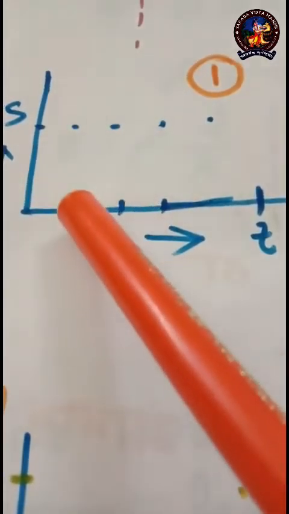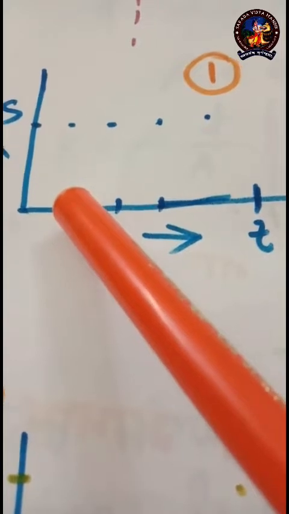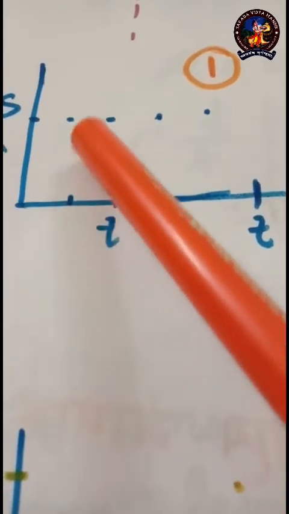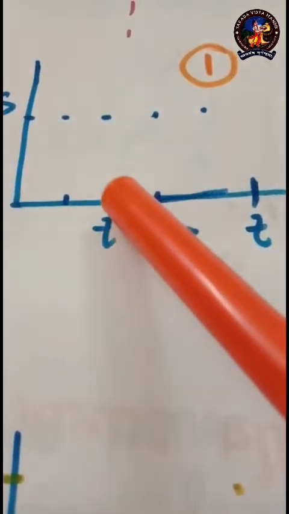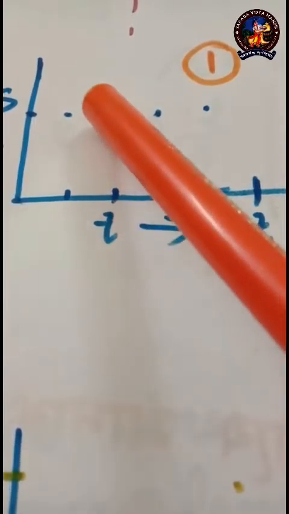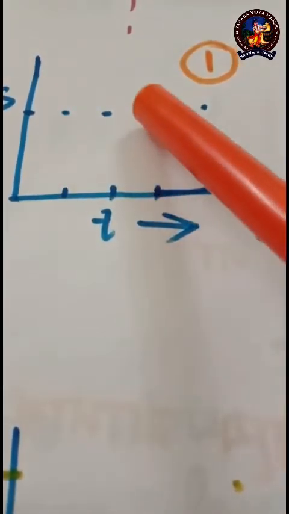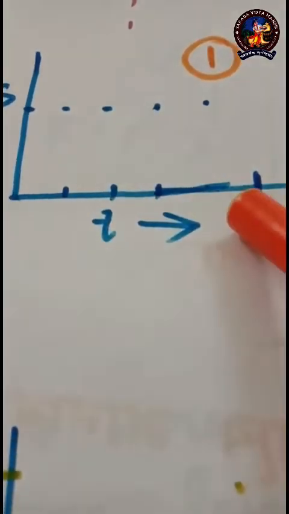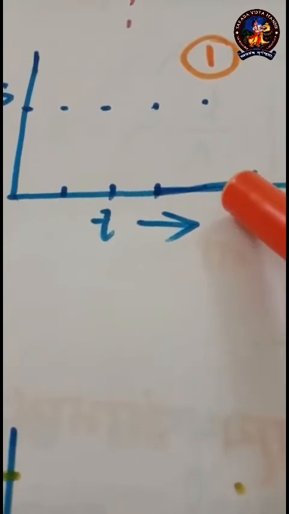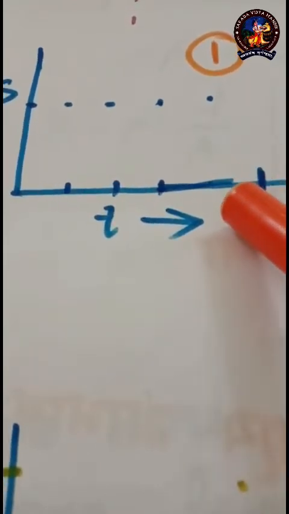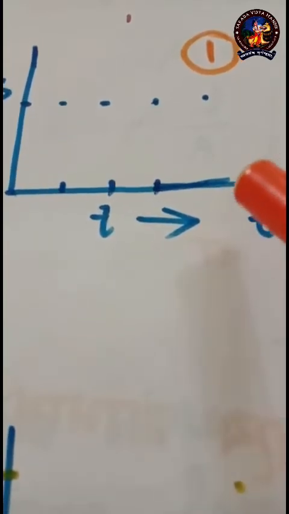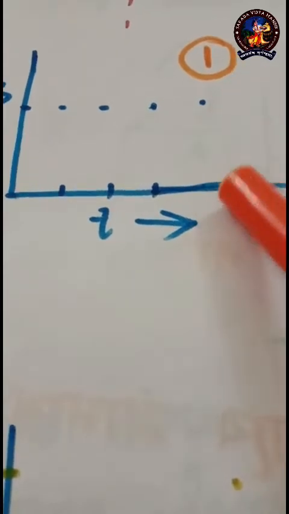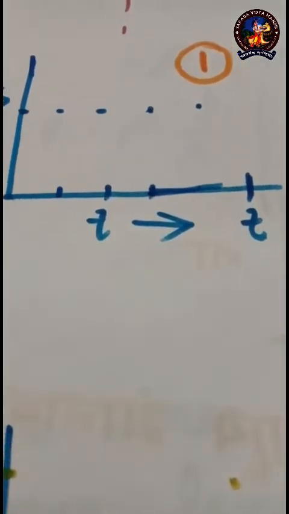So after 1 second, do you think the object has changed its position? Of course not. So its position will be the same, and displacement from that point will again be 5 meters. After 2 seconds, the displacement would again be 5 meters. After 3 seconds, it is again 5 meters, and 4 seconds also again 5 meters. And even after t seconds, t can have any arbitrary value. Suppose I can take 30 seconds, 40 seconds, 5 hours, whatever. But if the object is static, then I will always get the same position of the object. That is, it will be maintaining its position.